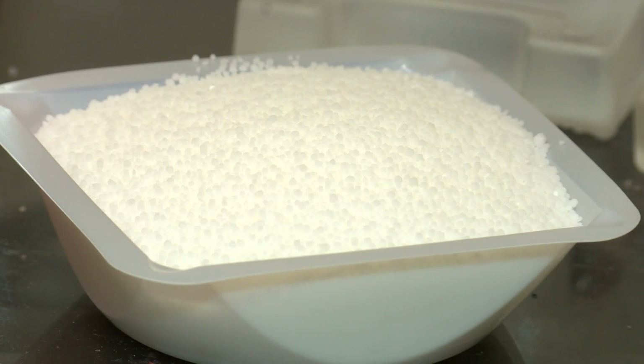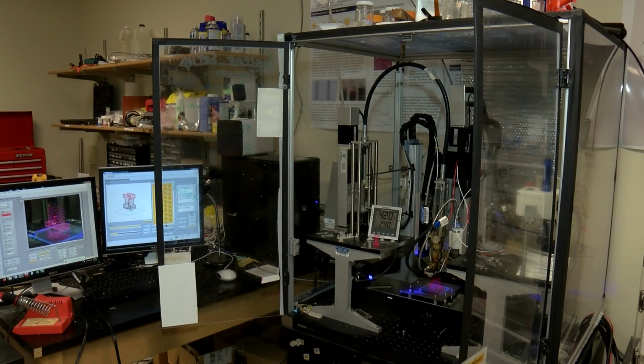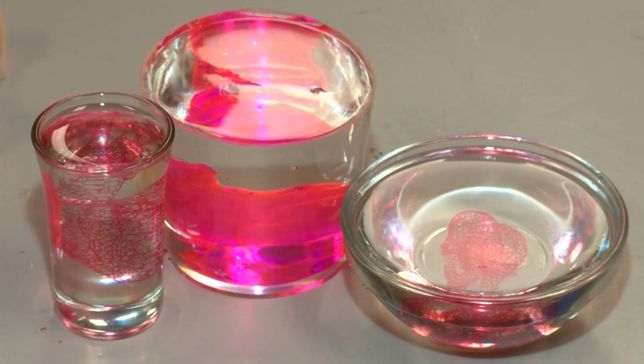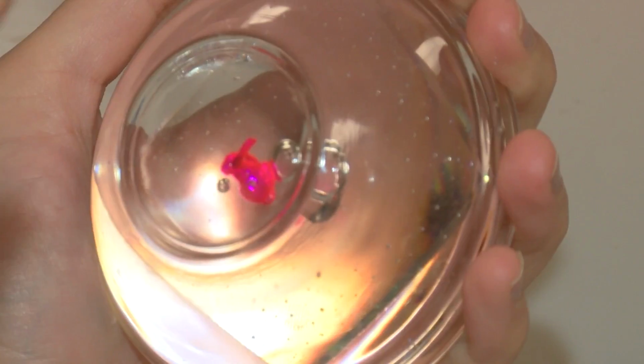Here's the idea. You start with a sugar called isomalt. Heat it into a form that looks like this. Feed that into the machine, which then is programmed to print these very exact designs. You take the isomalt out, and you're left with a space cells could grow in and become an exact living